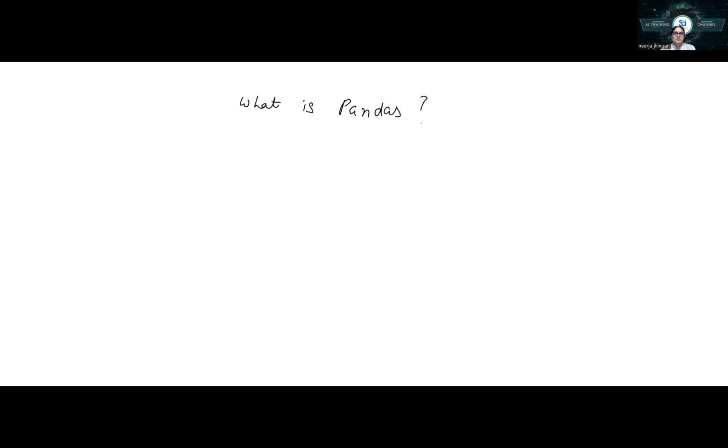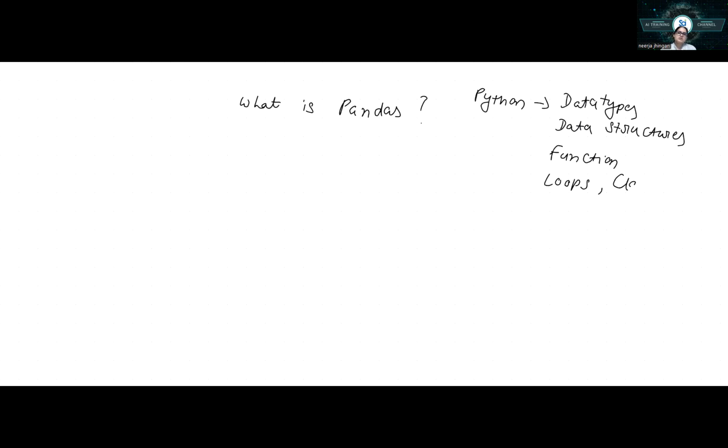So this is Python, right? You learn a lot of things under Python: data types, data structures, functions, and loops, classes.